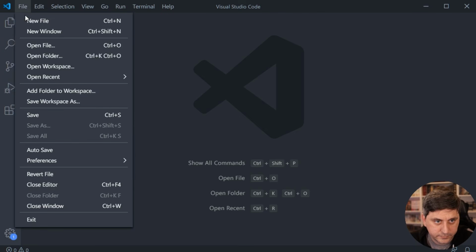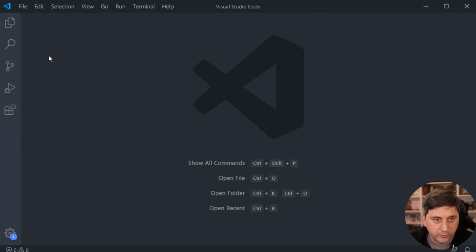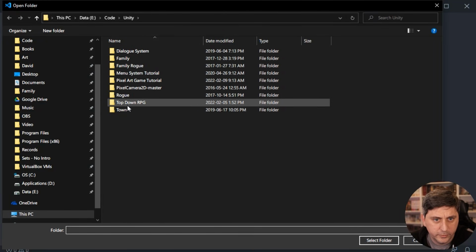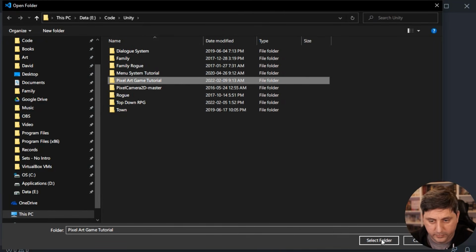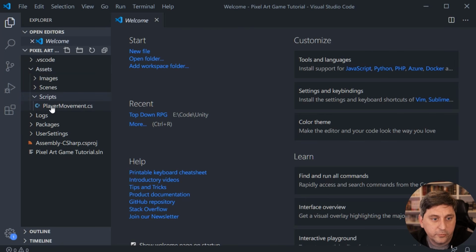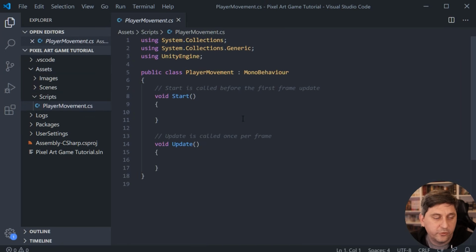And yeah, if it doesn't just give you what you want automatically, you can go and just open the folder. So I'm doing pixel art game tutorial. And then if we open assets here, we can go to scripts, player movement. And this is just like the default